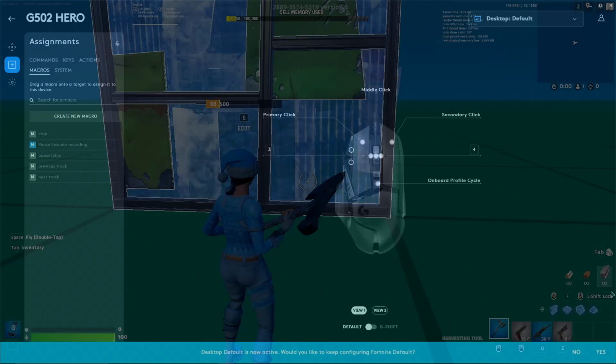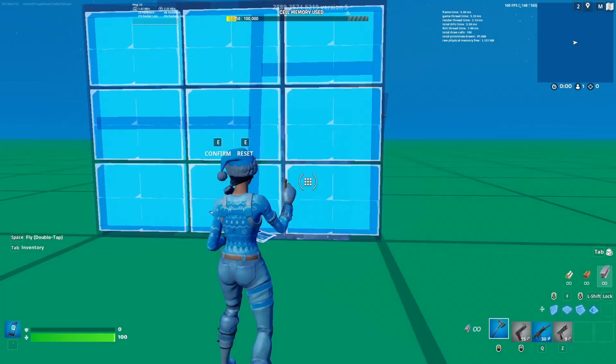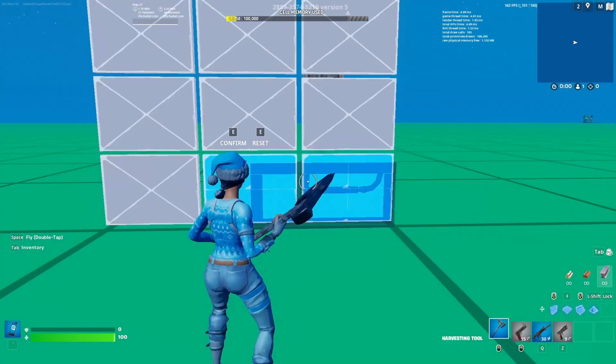Just go into macros, drag edit, and we're gonna put this to 500 milliseconds. Obviously, as you're gaining more speed in your editing, you're gonna need it to be faster. But just like here, I'm just pushing, dragging, and it's doing it. You can do it for any edit. And then I use scroll wheel reset, so I just have